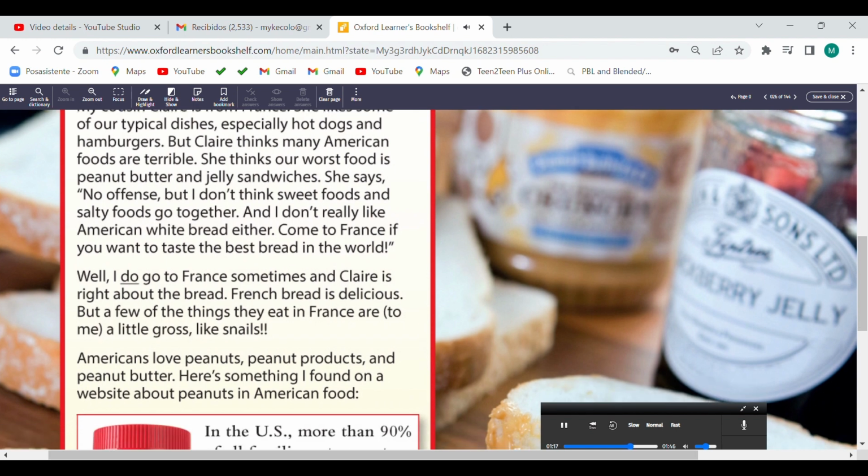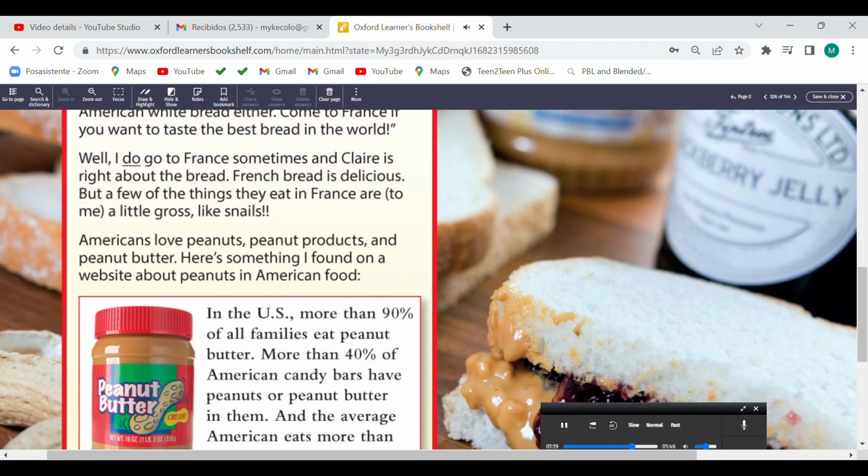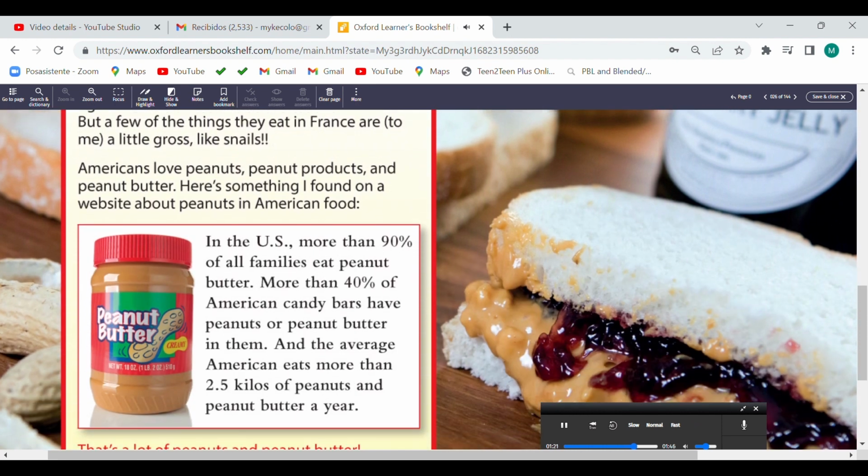Americans love peanuts, peanut products, and peanut butter. Here's a quote from a website about peanuts in American food. In the US, more than 90% of all families eat peanut butter. More than 40% of American candy bars have peanuts or peanut butter in them. And the average American eats more than 2.5 kilos of peanuts and peanut butter a year. That's a lot of peanuts and peanut butter.